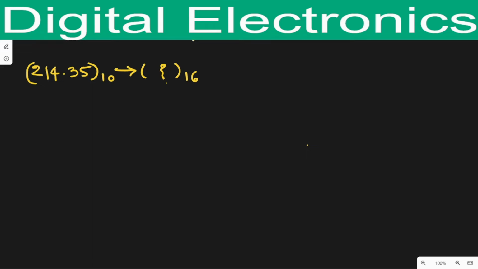Okay, here in this question we have a number 214.35 that is decimal in nature because its base is 10, to be converted into a number system whose base is 16. Any number system whose base is 16 is known as the hexadecimal number system. In the hexadecimal number system there are